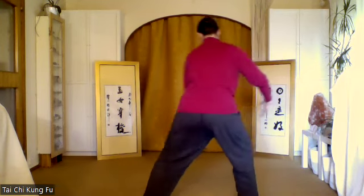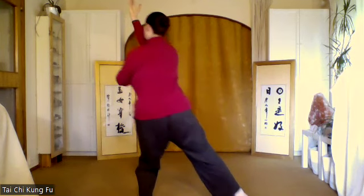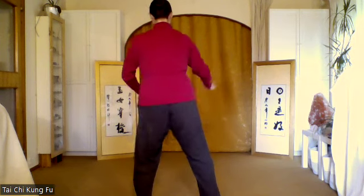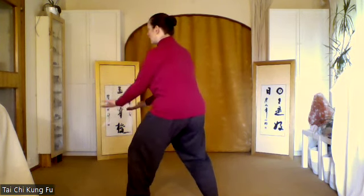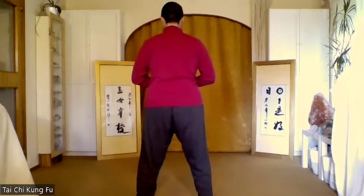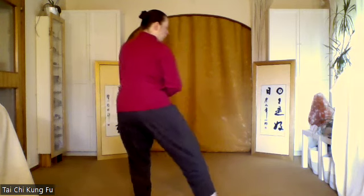Triple burner section. Pierce, release, square up. Fill your back, fill your hands. And Immortal rides the donkey. Left hand in fist this time. Turn palms, relax down through center, down into the feet. And open,